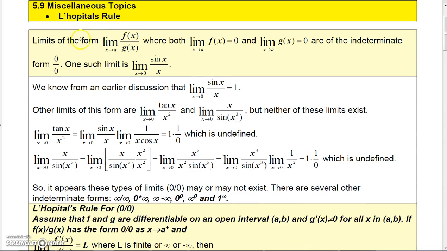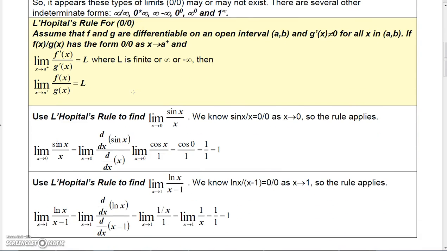Okay, so L'Hopital's rule basically says that if you have a limit, let me just go ahead and move down to L'Hopital's rule. L'Hopital's rule says that if f and g are differentiable on an open interval from a to b, and g prime of x does not equal 0 for all x in a to b, if f of x over g of x has the form 0 over 0 as x approaches a, then the limit of f prime of x over g prime of x as x approaches a,